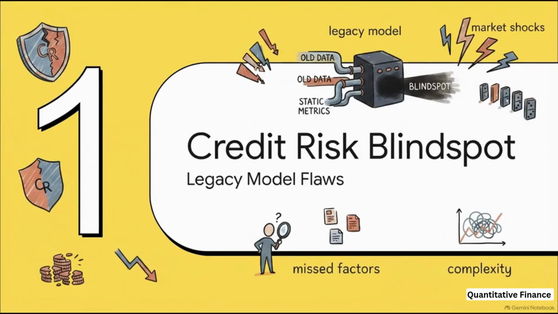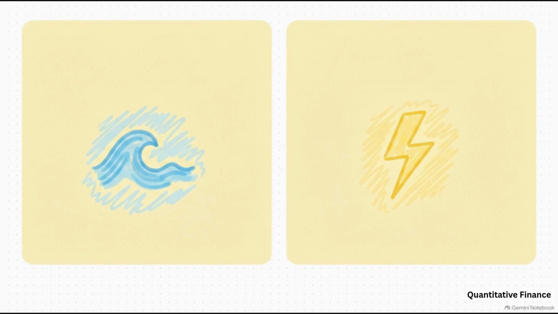All right, part 1, the credit risk blind spot, and where legacy models fall short. Think about the models portfolio managers have been relying on for decades. They've got some pretty deep flaws here. On one hand, you've got classical diffusion models. They assume asset dynamics are perfectly smooth, that information just sort of drips in gradually. But come on, earnings don't just drip.